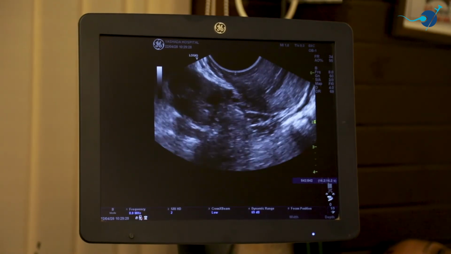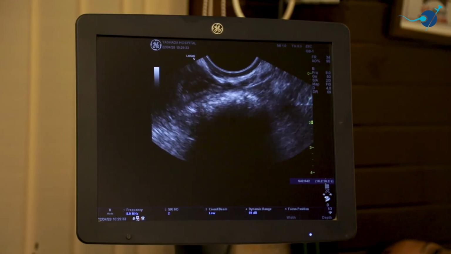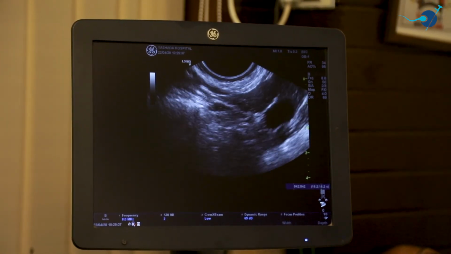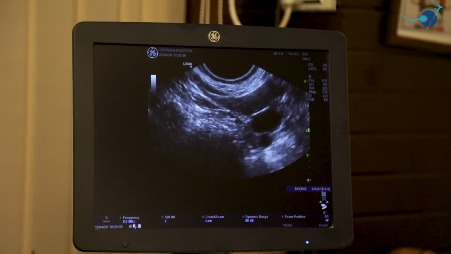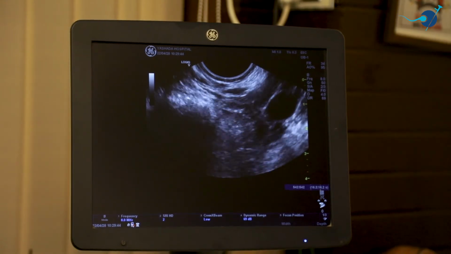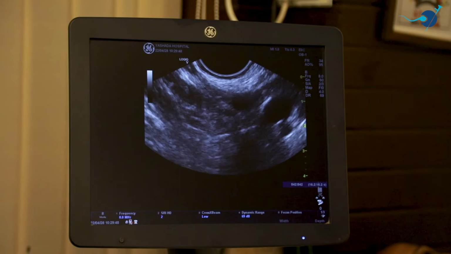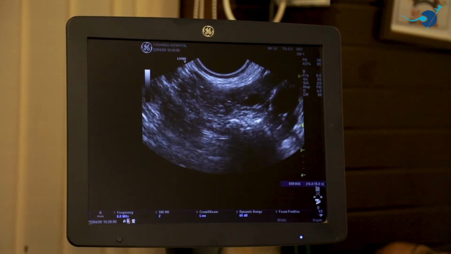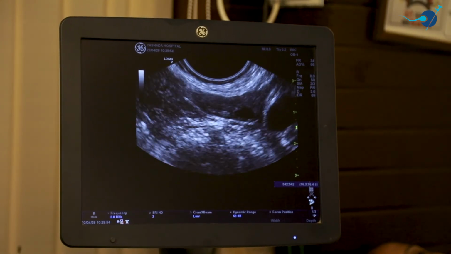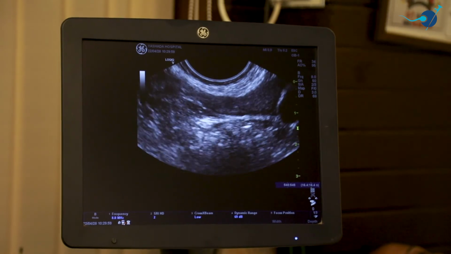We go now slowly towards the left side of the patient and we scan for the left side ovary. So we can see the ovary here. This ovary definitely shows a reduced antral follicle count or reduced number of eggs inside the ovary.